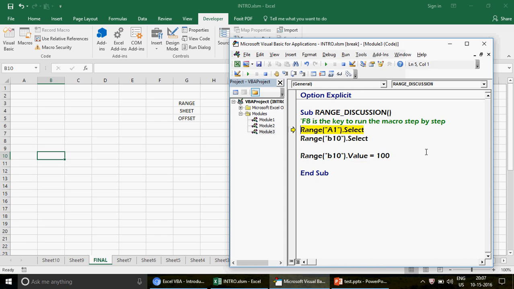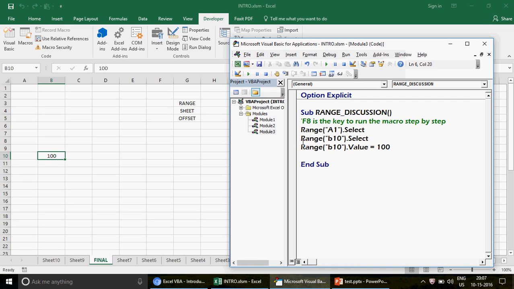So now when you run this, you see that the moment you execute this line, you get to see 100 here. So two things we have learned here: how to select the cell and how to print the value in the cell. This is how you can print the value using the range command, and this is how, using the select command, you can select any of the cells, right? Okay, now what will happen if you want to select, let's say,